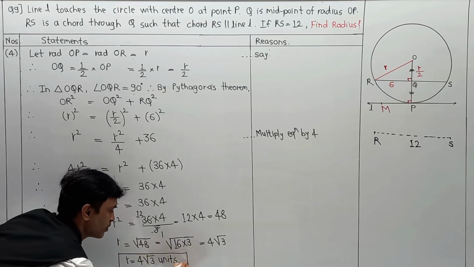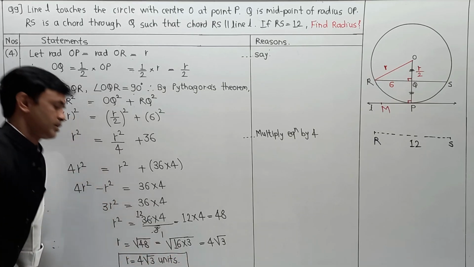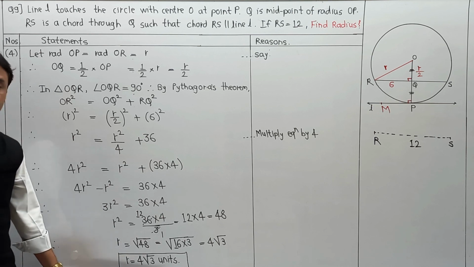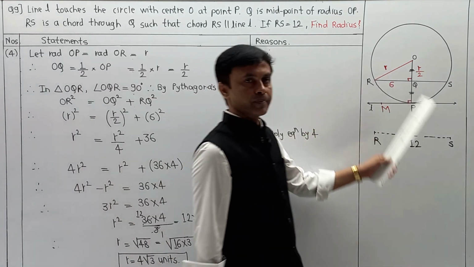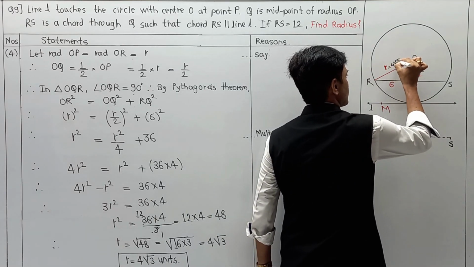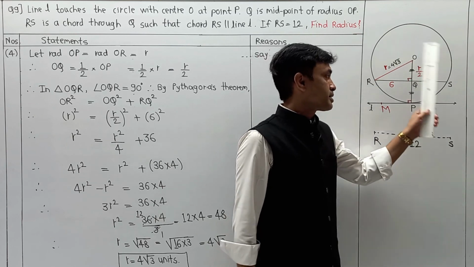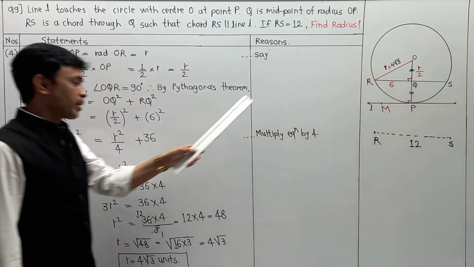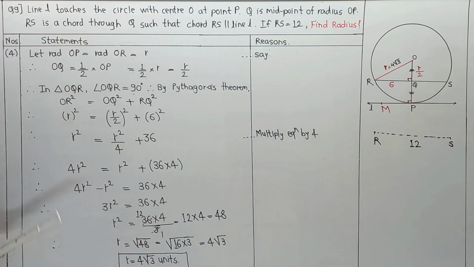And in this way, we can complete the entire part. So students, please pay attention. These steps are more important when you are going to solve such a numerical. So the radius R is 4 root 3. So according to this diagram, this radius becomes 4 root 3. Remember, I have added this step by step explanation over here so that you can easily understand the entire numerical. So take care during the solution and write it in a proper manner.